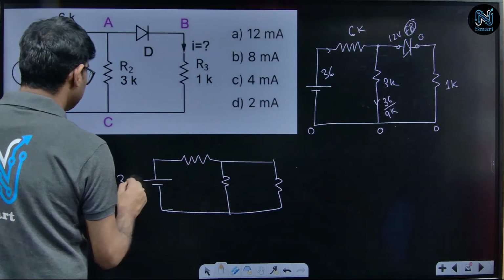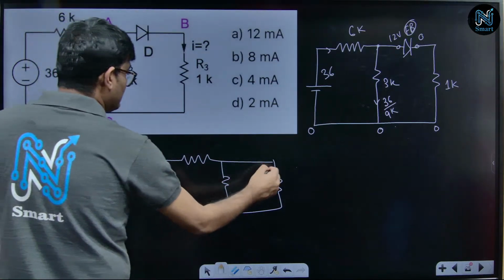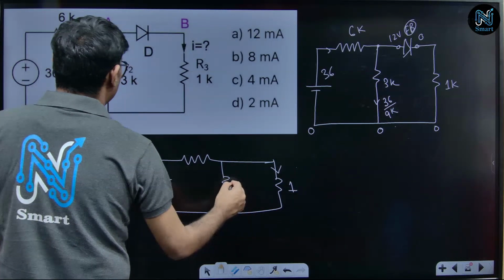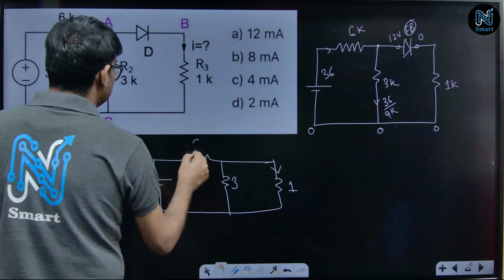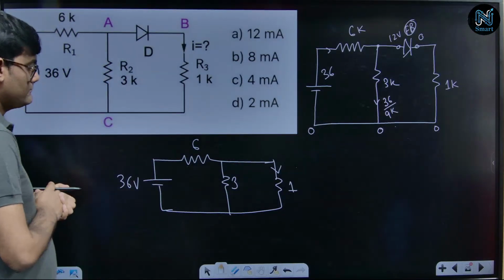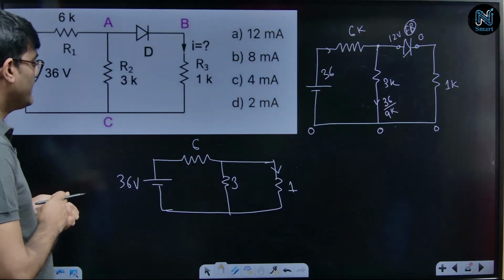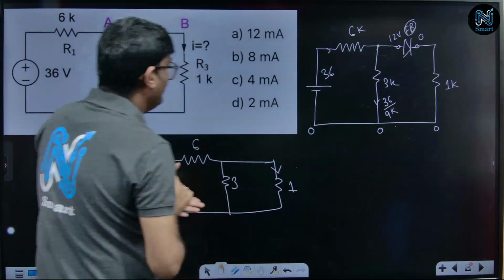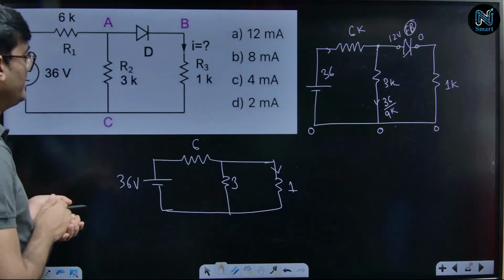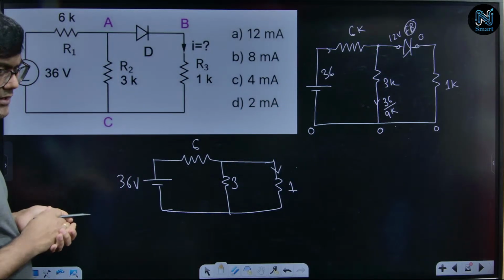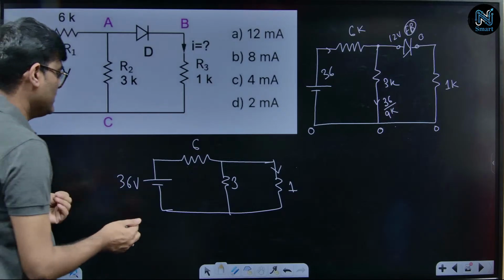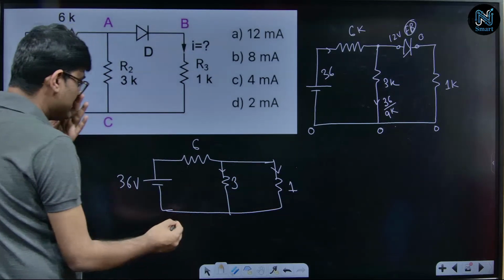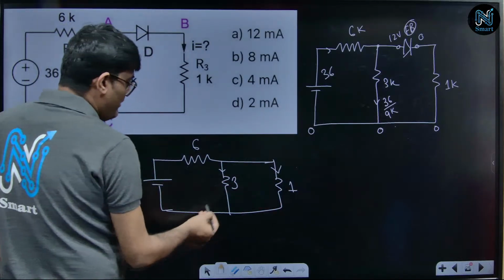This is 36 volt. I need to calculate this current, right? This is 1 kilo ohm, this is 3 kilo ohm, and this is 6 kilo ohm. What will be the current? অলরেডি আমি এখানে 12 ভোল্ট বার করে রেখেছি, সেখান থেকেও কারেন্ট বার করা যেতে পারে 12 মিলি অ্যাম্পিয়ার, but I will go with a regular solution, that if I find the equivalent resistance, then this is 3 and 1 parallel,